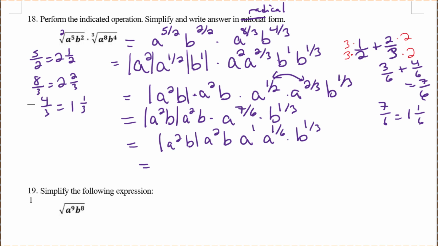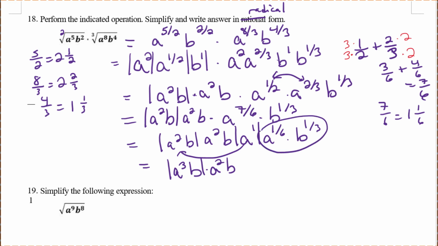Since I did do an even root, I'm going to put an absolute value around there. So I'm going to combine those two absolute values together. So that gives me a to the 3rd in total, and b. I have the a squared b hanging out here, and I'm going to write these as radicals. So I have radical a to the 1st power 6 root, radical b to the 1st power cube root, power